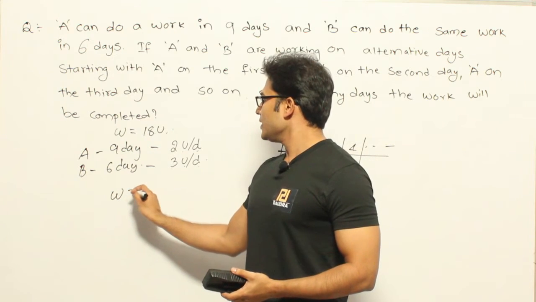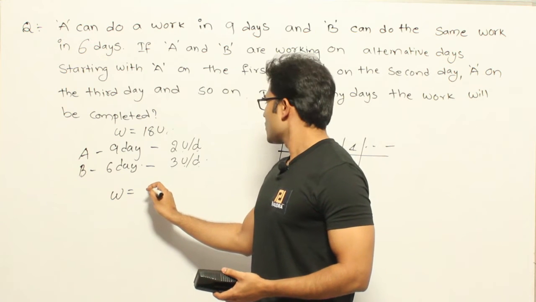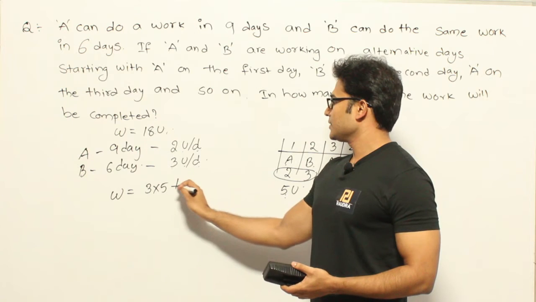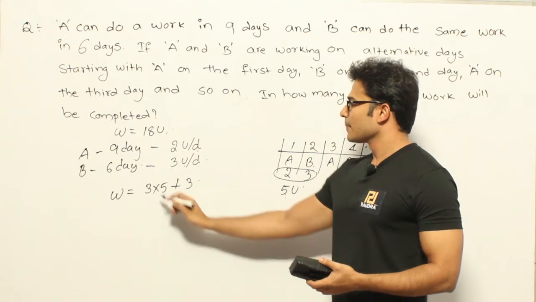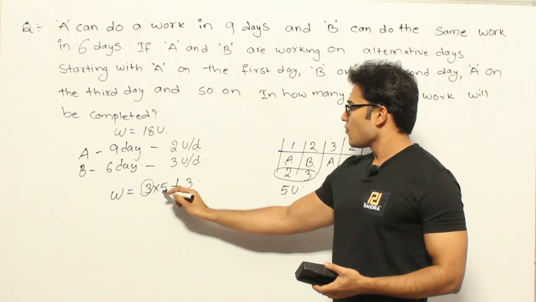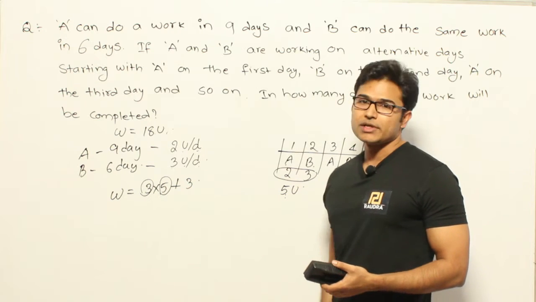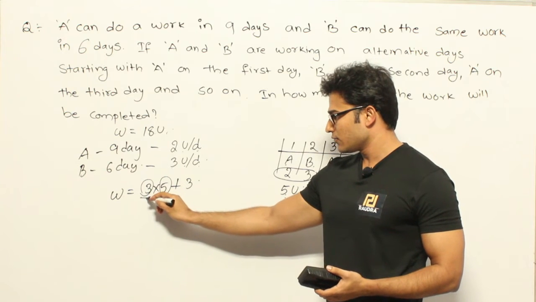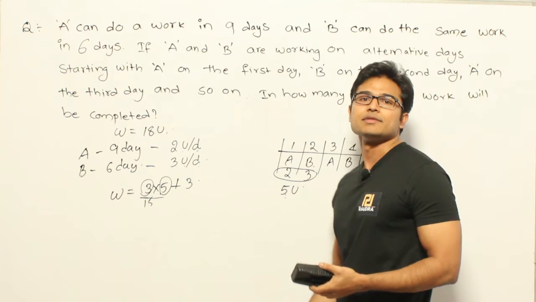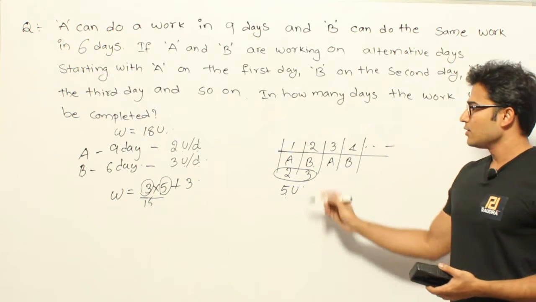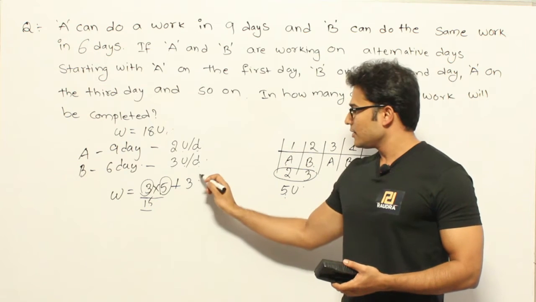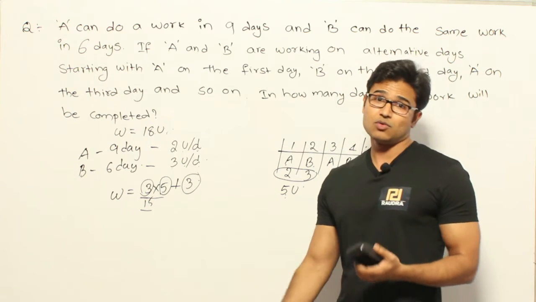So express it as a multiple of some number plus the remainder. Therefore total work 18 can be expressed as 3 into 5 plus 3. So what does it mean? If I finish 3 turns of 5 units of work in each turn, I'll be able to finish 15 units of work in 3 turns. So what is 3 turns? 3 turns is nothing but 6 days, right? So in 6 days I'll be able to finish 15 units of work, and then 3 more units will be remaining. Now who has to do that?